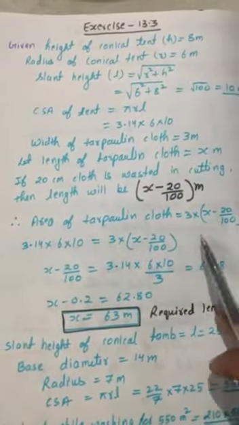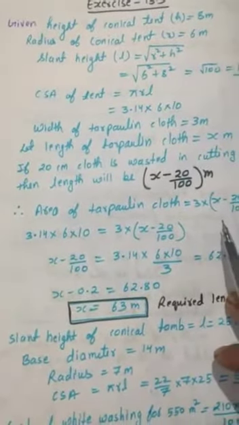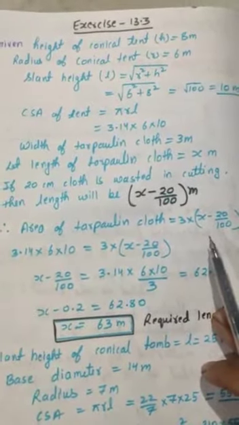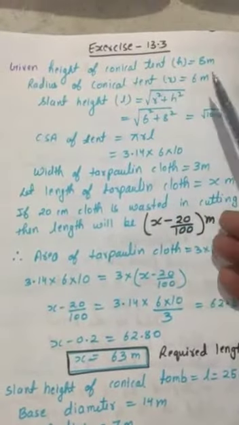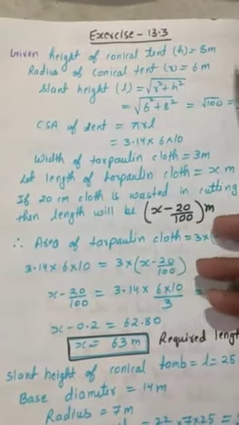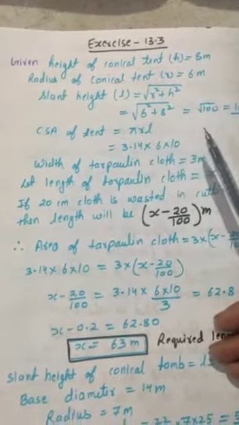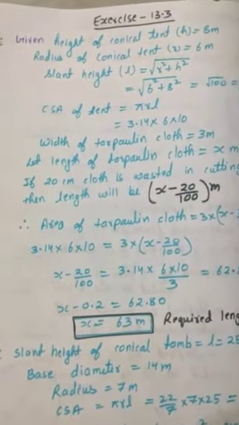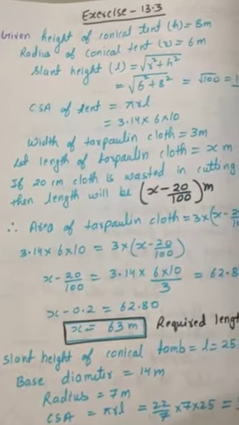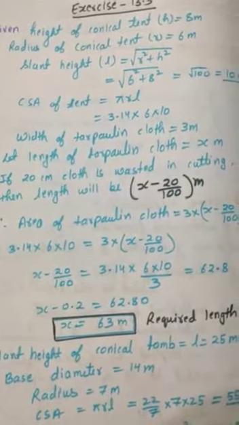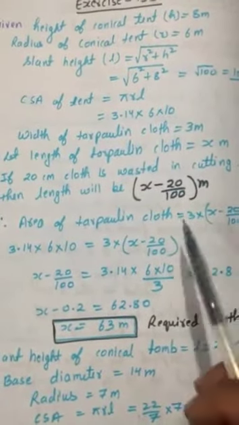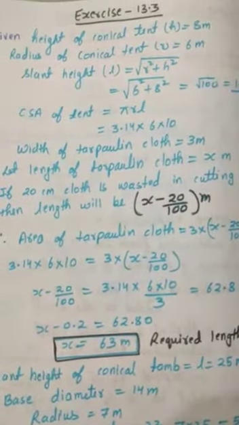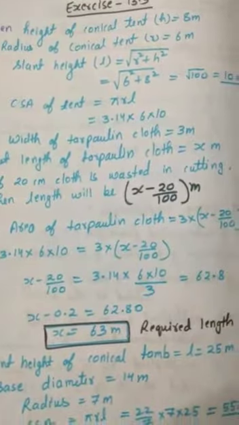So as you can see, we have already started question number 5. Question number 5 says that you are given a conical tent, and its height is given as 8 meter and its radius is 6 meter, and you have to calculate the area of tarpaulin cloth, which is 3 meter wide, and this tarpaulin cloth is used to make the conical tent of the given dimension. Now you have to assume that the extra length of the material, when you make the tent, some will be wasted in stitching margins, so that is approximately 20 centimeter.